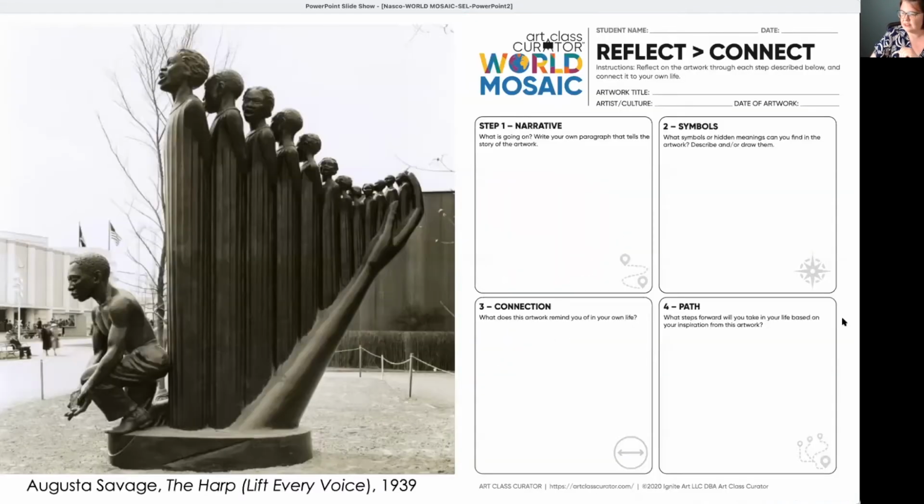The activity that we're going to do today is we're going to look at this artwork by Augusta Savage. Now, I usually don't put the title on the slides because I don't want people to Google it. I forgot to not put the title on the slide. So I have to ask you to promise me not to Google it to get information. I want you to only use what you have in you to respond to this artwork. And we're going to use this Reflect Connect worksheet, which is